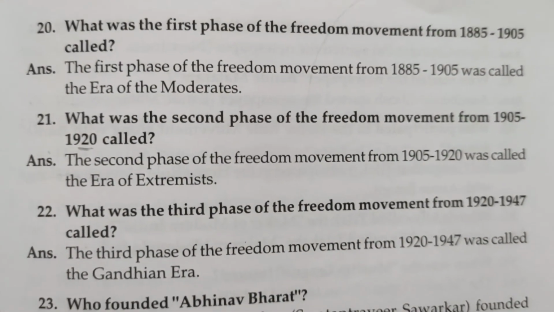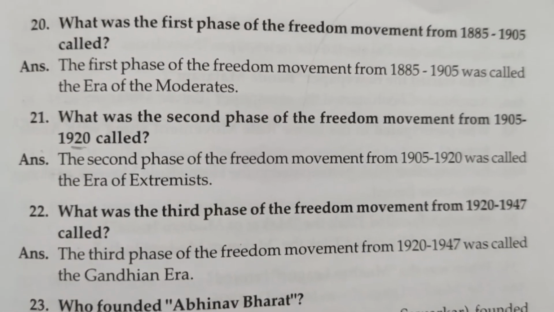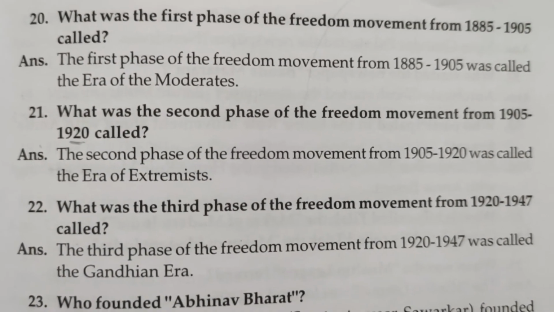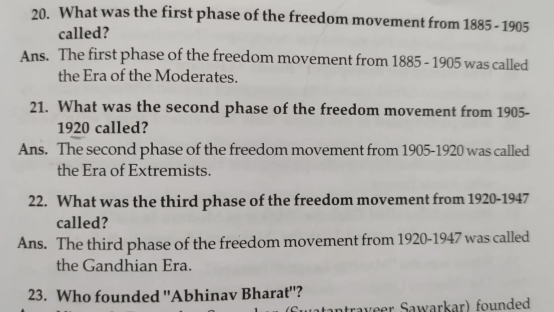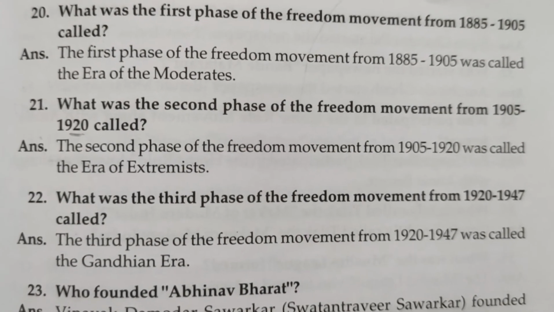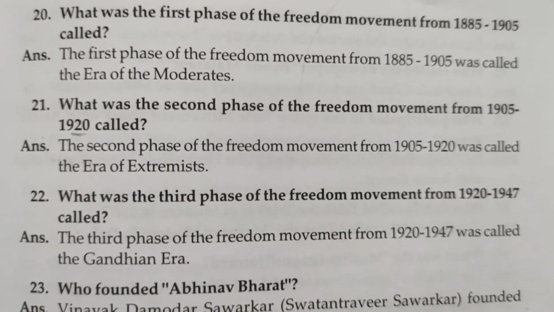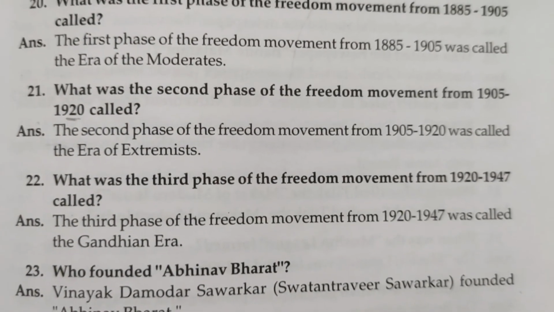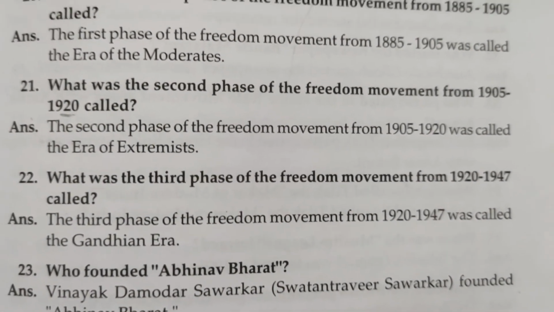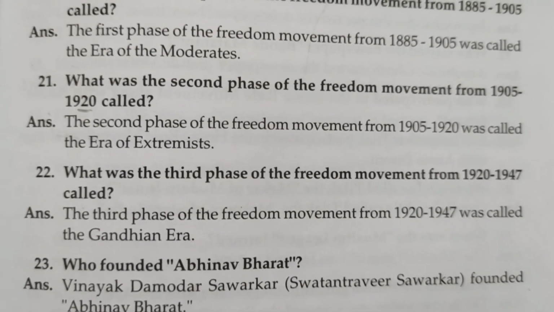What was the first phase of the freedom movement from 1885 to 1905 called? The first phase of the freedom movement from 1885 to 1905 was called the era of moderates. What was the second phase of the freedom movement from 1905 to 1920 called? The second phase of the freedom movement from 1905 to 1920 was called the era of extremists. What was the third phase of the freedom movement from 1920 to 1947 called? The third phase of the freedom movement from 1920 to 1947 was called the